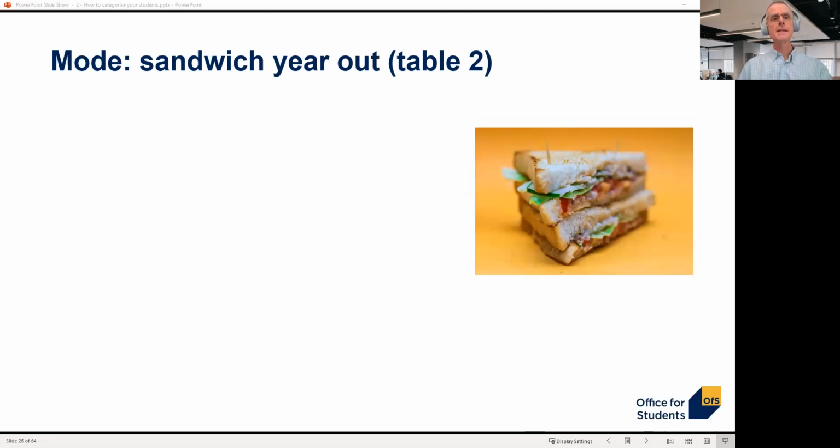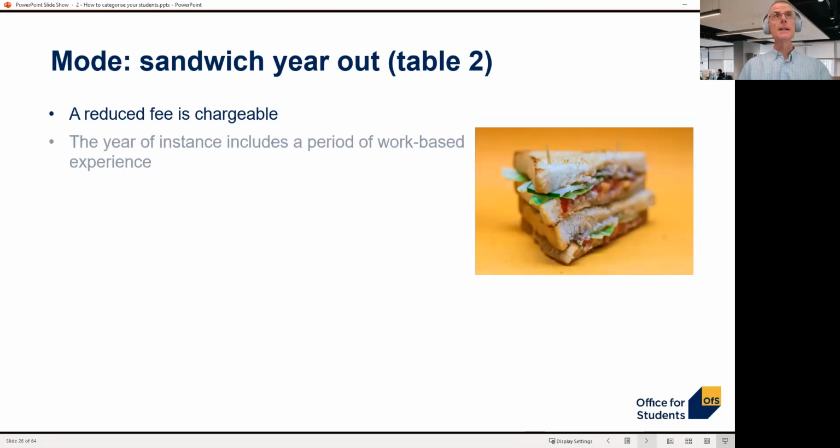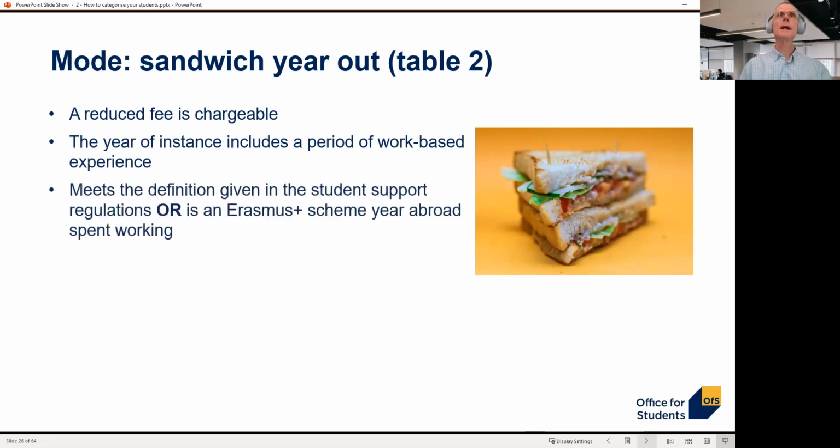So in this case, with the year of instance, sandwich year out, a reduced fee is chargeable. Year of instance includes a period of work-based experience. It will have to meet the definition given in the student support regulations or be an Erasmus Plus scheme year abroad, spent working, and needs to meet the